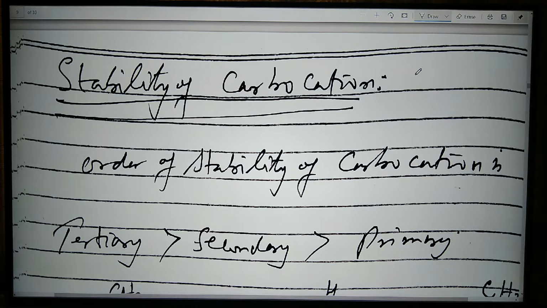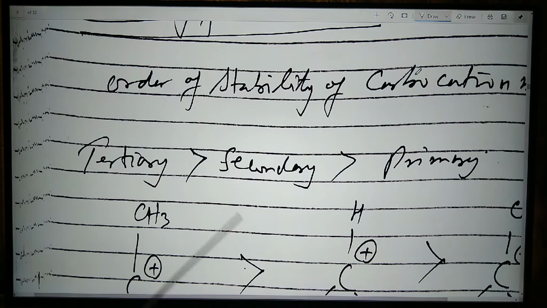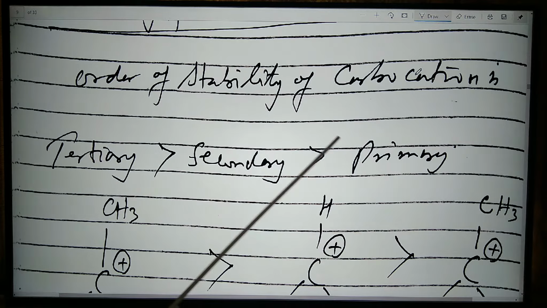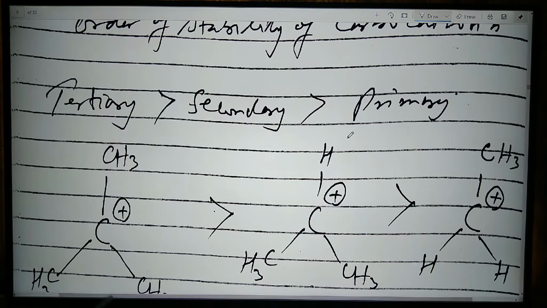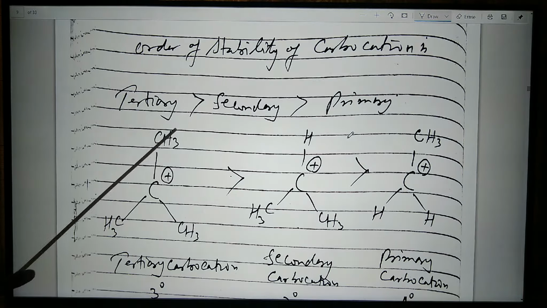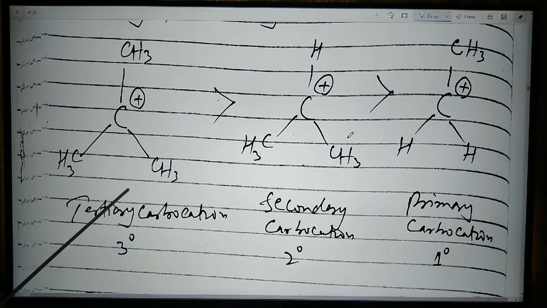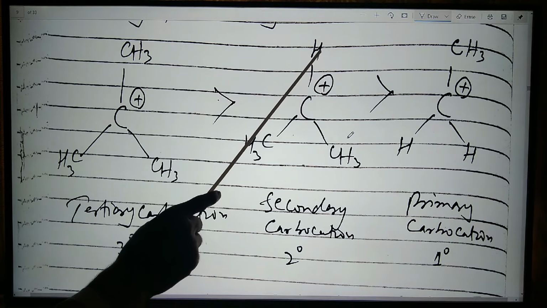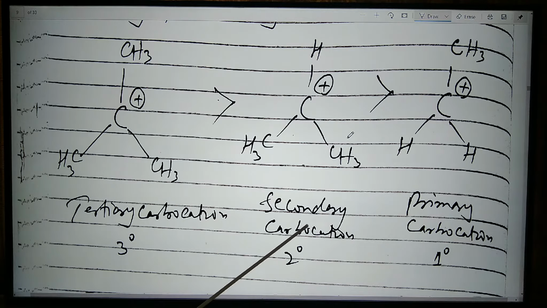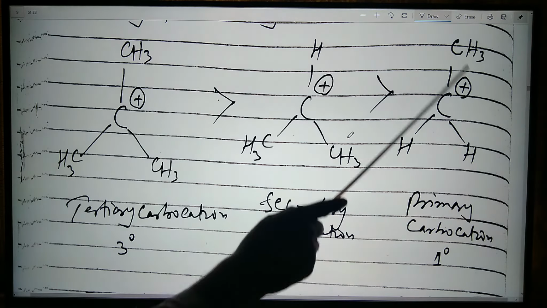Why is it so? Basically, we can explain this order by seeing the shape. You can see tertiary is more reactive than secondary than primary. For example, you can see in this case CH3, this is the CH3 and CH3. This is the tertiary carbocation. The hybridization is sp2. This is the secondary, CH3, CH3, 2 methyl groups. This is the hydrogen. So this is called the secondary. And this is the primary C, CH3, C and H.